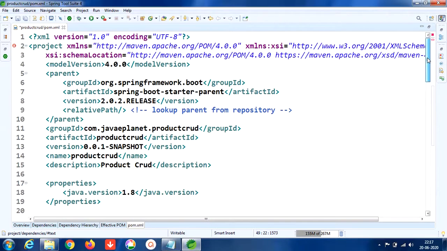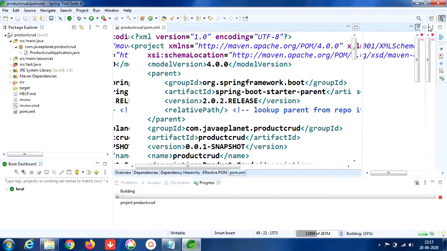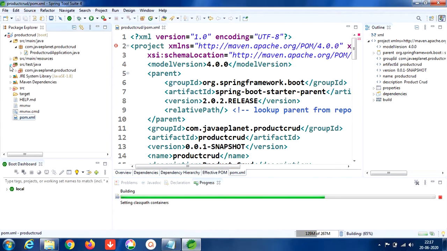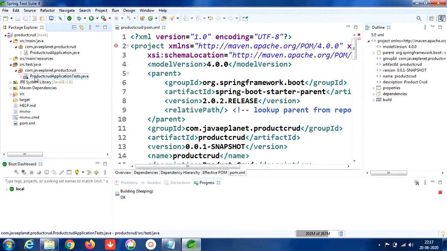So let me save it so that internally it will start building the dependencies and get all the jars inside it. Let me check these errors. Done with building the jars.